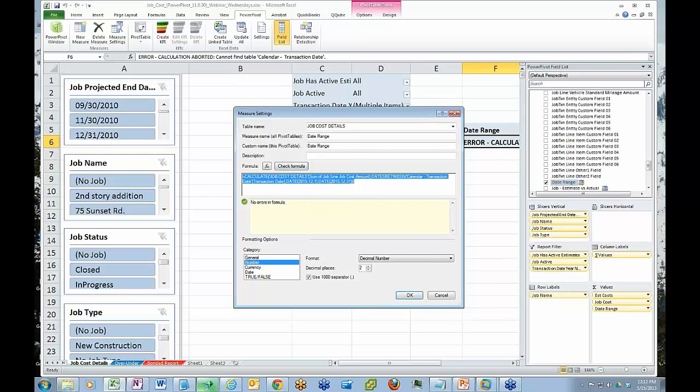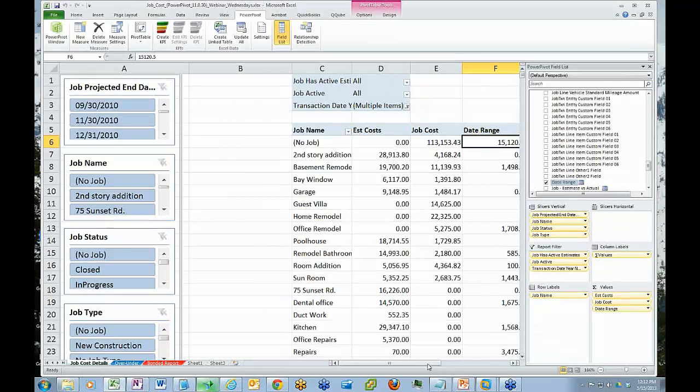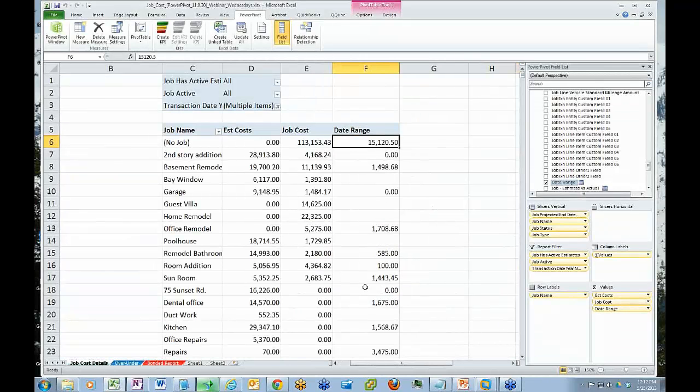Okay, let me post that one to you again. I guess that had an error, didn't realize it. There you go. There. Now you'll have your costs that fall within that particular date range. Again, you could never do this type of thing in a regular pivot table. You just couldn't do that. All right, I'm getting close on time, so I'm going to just cover a couple points, and I want to get to the